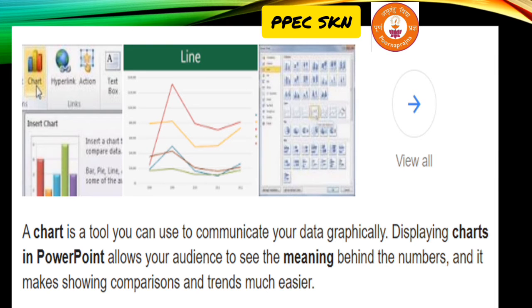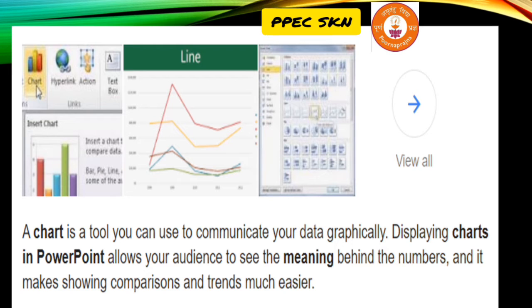Next, we'll learn one definition for a chart in PowerPoint. A chart is a tool you can use to communicate your data graphically. It's a graphical type of representation. Displaying charts in PowerPoint allows your audience to see the meaning behind the numbers, and it makes showing comparisons and trends much easier.